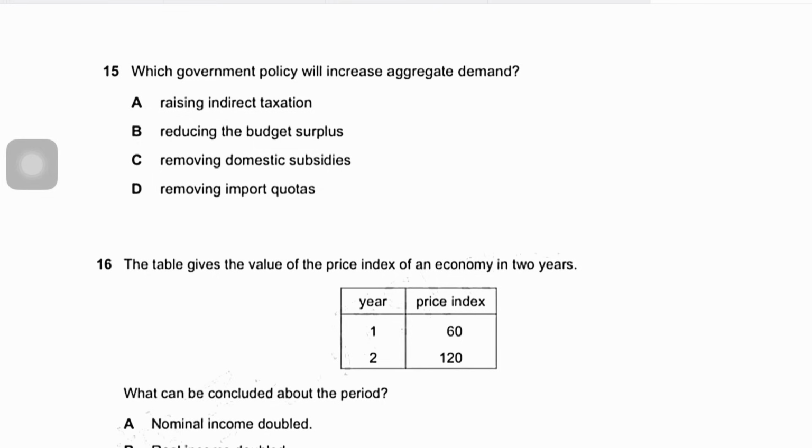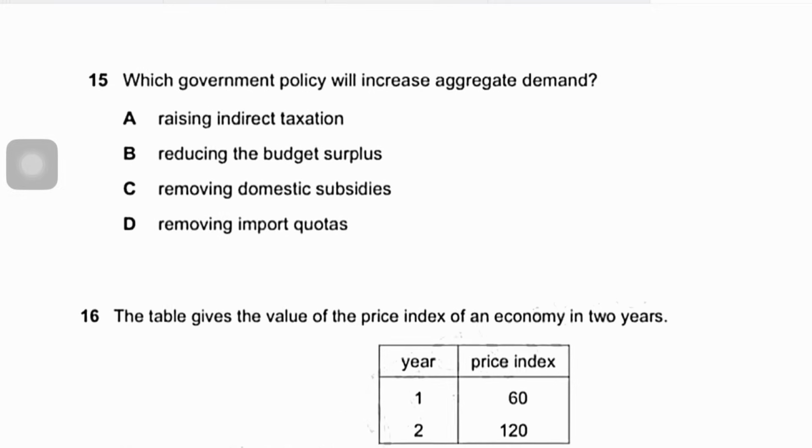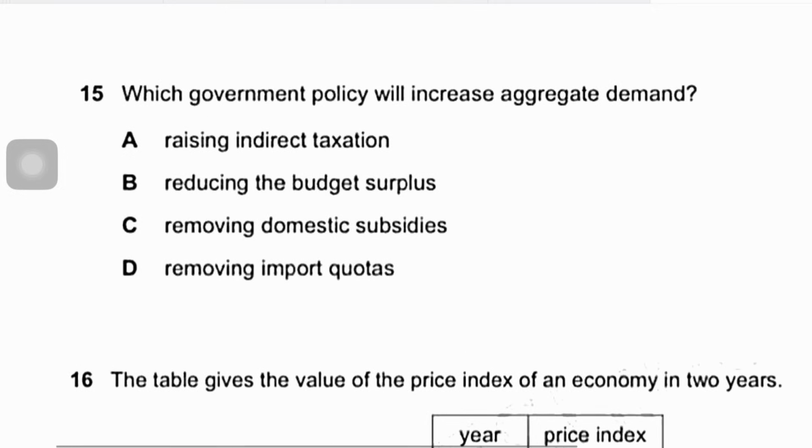Now, we know that aggregate demand refers to total spending, and total spending could be influenced by various factors. The first option says raising indirect taxes, which will not. Raising indirect taxes will reduce consumption and hence reduce aggregate demand, so this is not correct. Option B says reducing the budget surplus. Reducing the budget surplus would mean the government is increasing its spending and or reducing taxes, which should stimulate aggregate demand via stimulating consumption and government spending, and also investments as well. So AD will then shift to the right and increase, and hence B should be the correct answer.